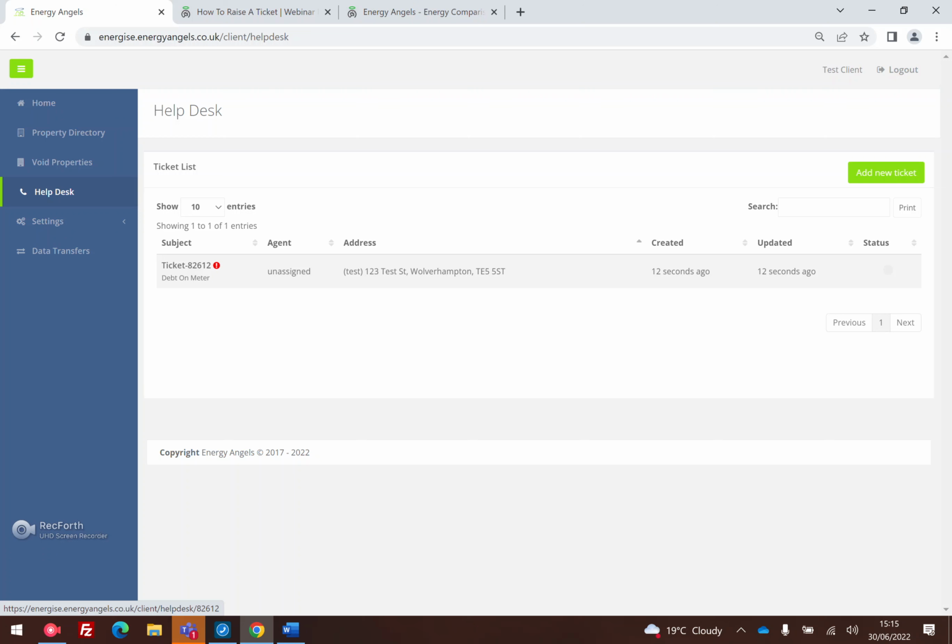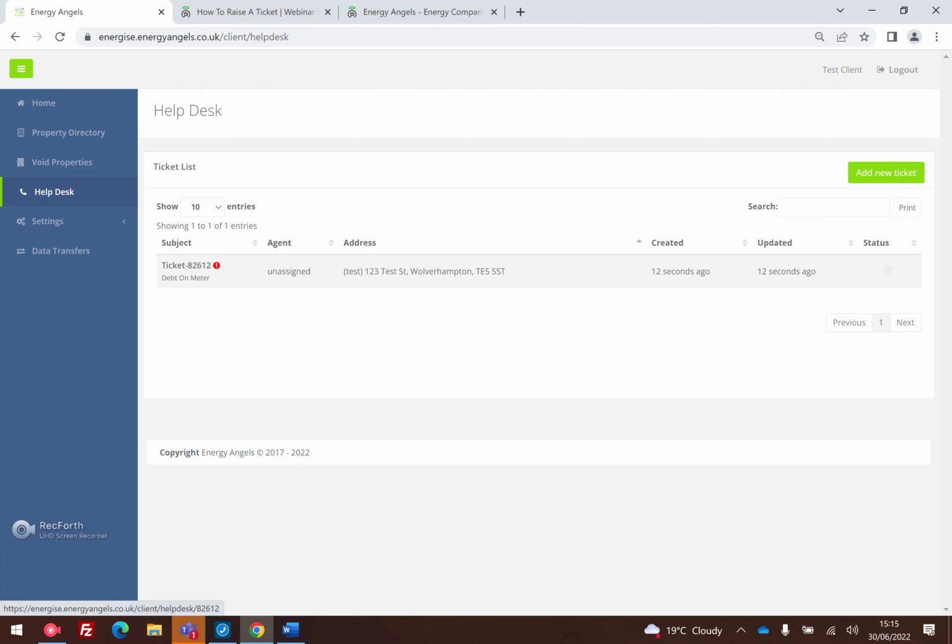We wouldn't want to have, like the ticket I've just done was just for the electric supply. If we were to contact the supplier and be on hold for an hour getting an issue with the electric resolved, and then we find out further down the line there's also another ticket being logged for the debt on the gas meter, we've then got to start that process again of reaching out to the supplier. So it's really important that you put all the energy queries on one ticket, and like I've done here,